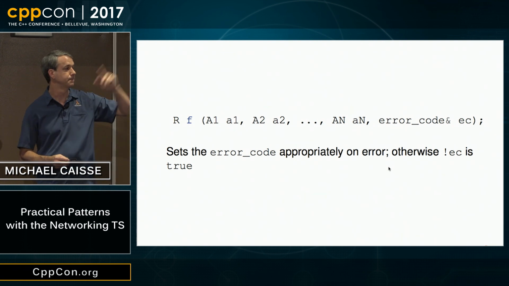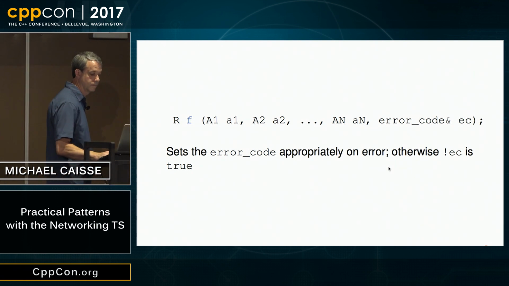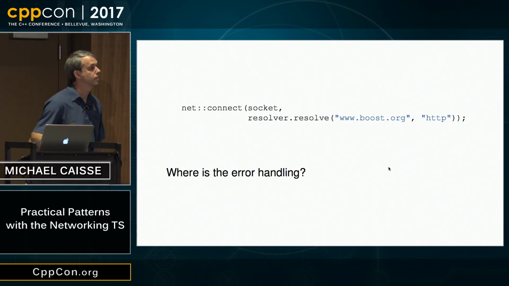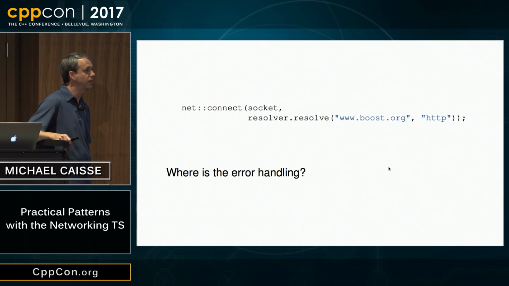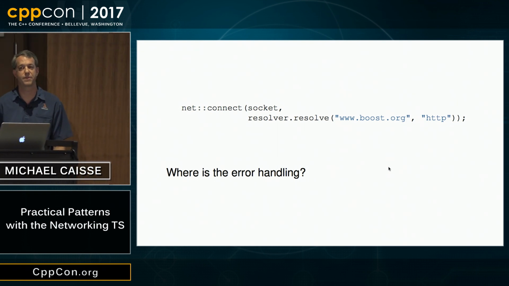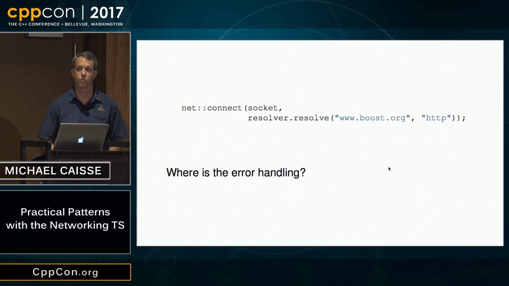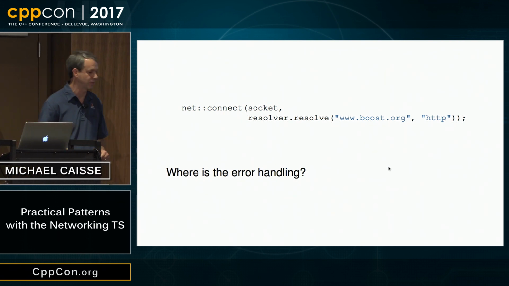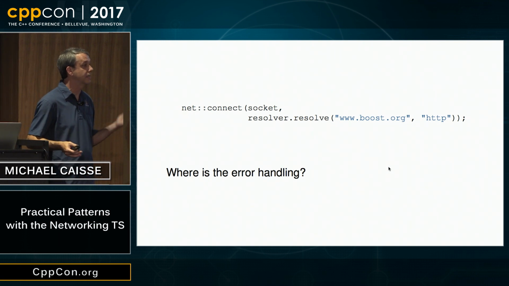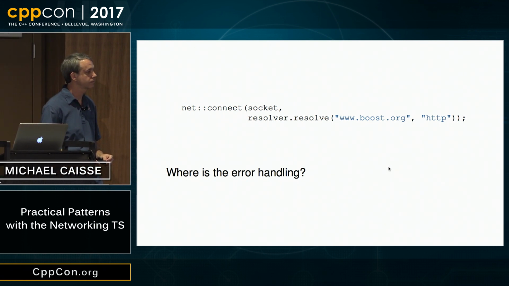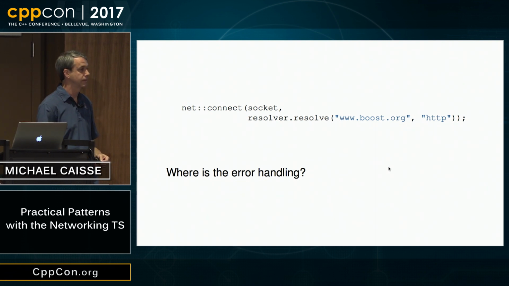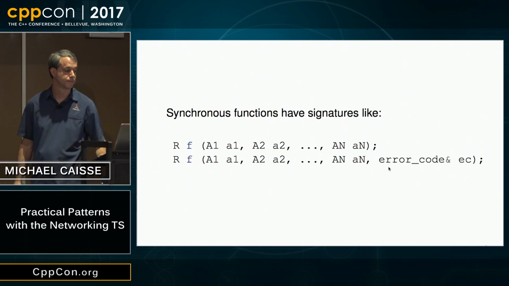All right? Yes? The example you showed before, you did the resolving and the connecting in one line. Both of them can throw an error, right? Yes. So the comment is that both of these operations, the resolving and the connecting, can throw errors. And so I'm guessing the question is what's going to happen? Well, the exception will be propagated up. You're going to get the system error that's appropriate for the exception that was thrown. The exception will match the type of error that you have. Yep. Different exceptions.